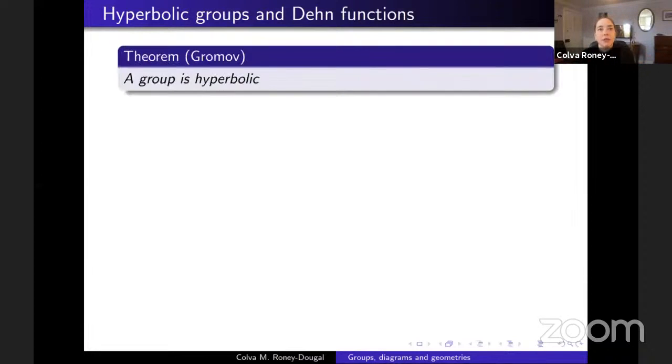What does that mean? What does looking hyperbolic mean? Well, I said that in hyperbolic space, area grows linearly with perimeter for shapes, whereas in Euclidean space it grows quadratically. So Gromov showed that a group is hyperbolic if and only if it has a linear Dehn function. So given a word that's equal to the identity in the group, there's some linear function of the length of the word which bounds how many faces appear in its Van Kampen diagram. So it bounds how many conjugates of relators I have to think of to show that the word is equal to the identity.